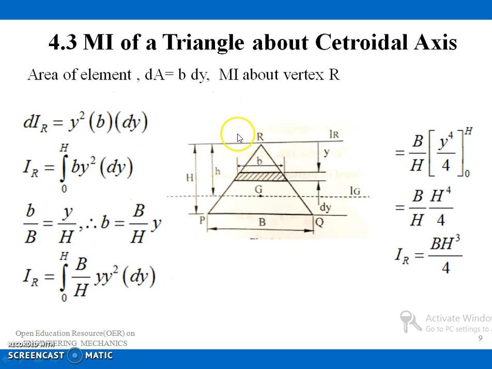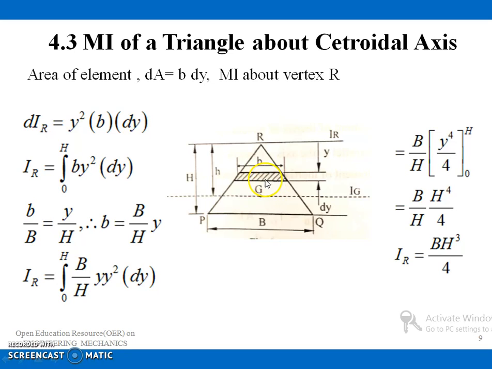Now let us see the moment of inertia of a triangular section. For that I am considering a triangle with base capital B and height equal to h, and the center of gravity or centroid of this lamina is marked here, that is G, and through that point I have this axis here. I am considering a small strip with b as the width and the thickness of the section as dy,